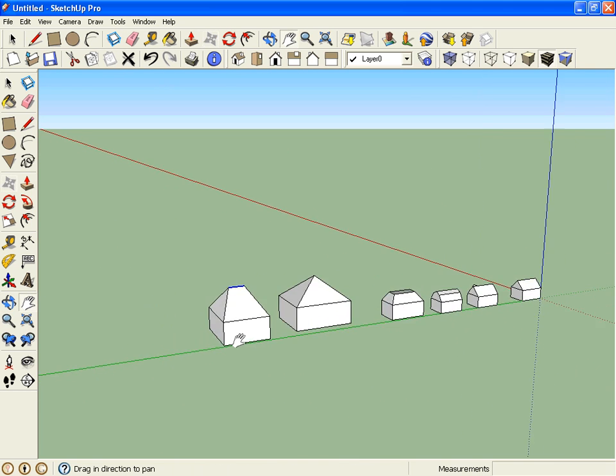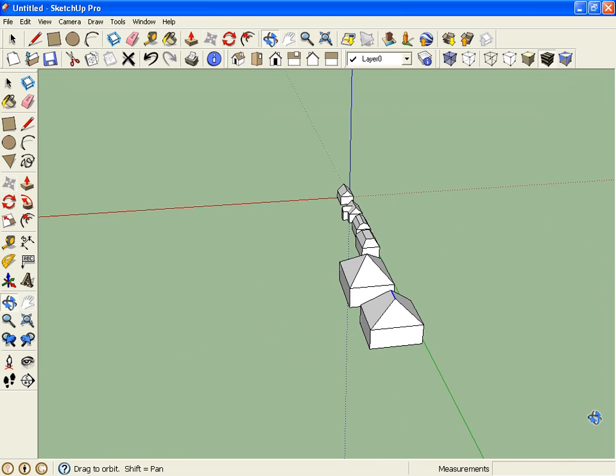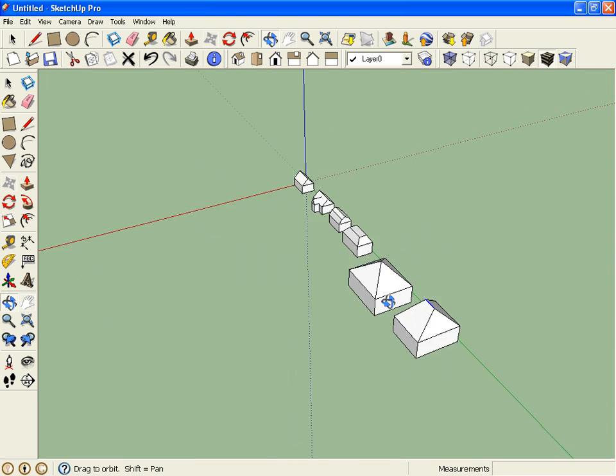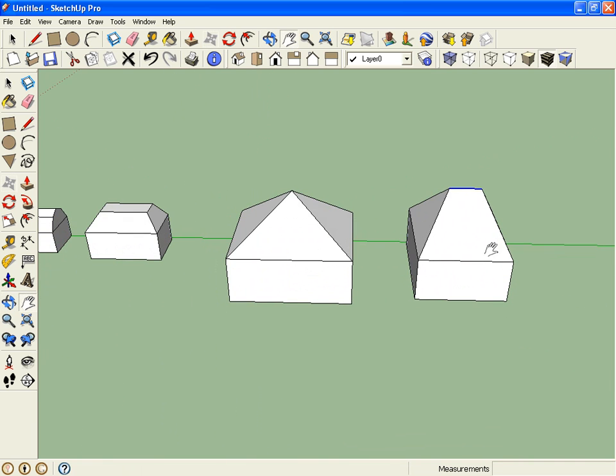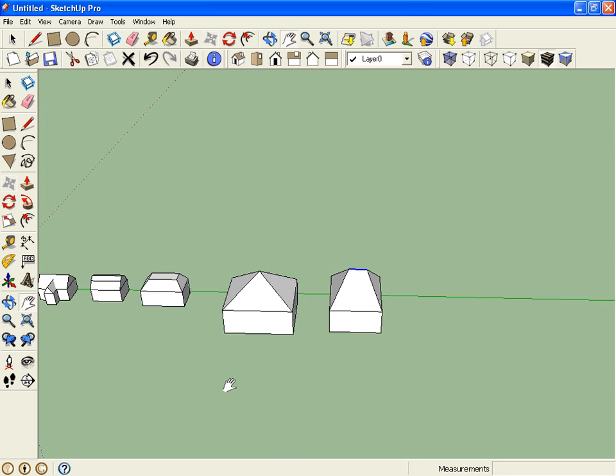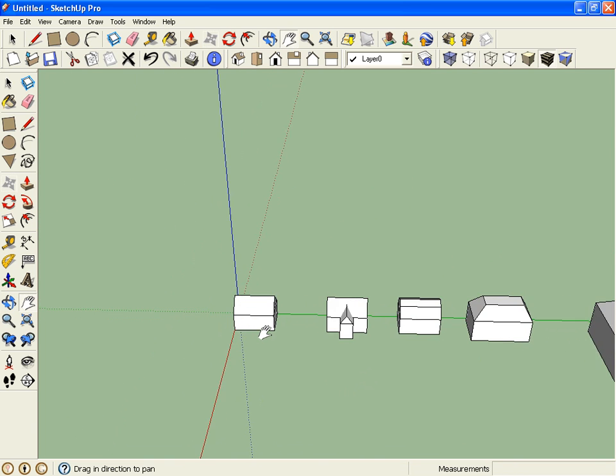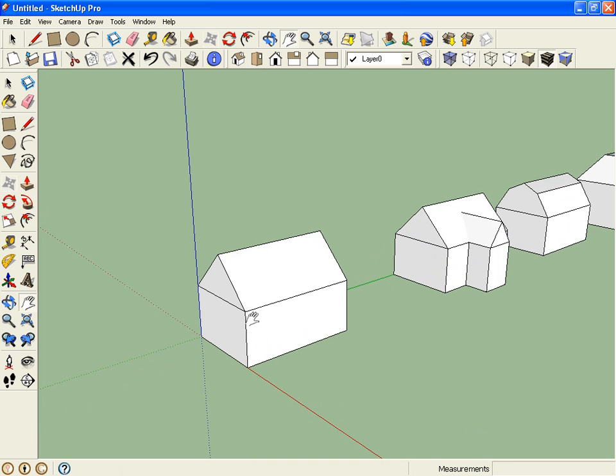I'm doing these really fast, but you can go over them and do them slowly while you watch the videos, or you can try doing them yourself. There's many ways to do each of the roofs. For example, to get this hipped style roof, I could have started off with one of my front or side gabled and used the Move tool to move one of the corners